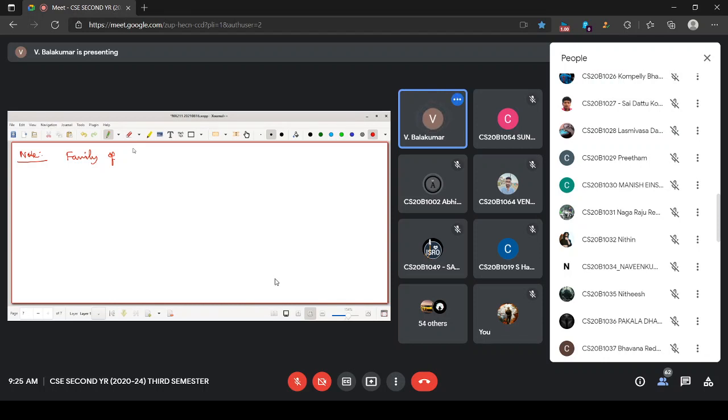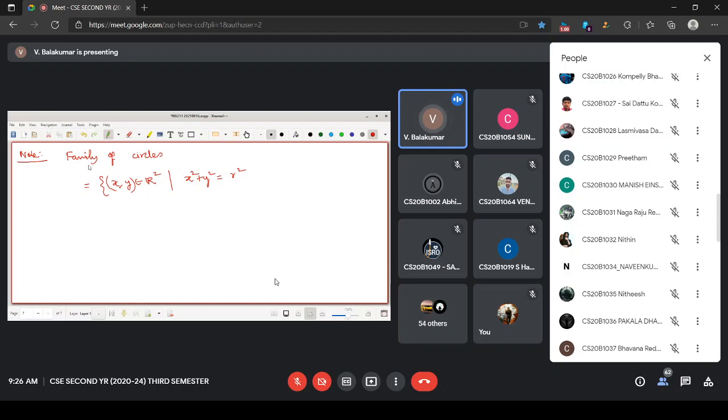Okay. So let me take circles of radius, a family of circles. Let me take Ci as the set of all points in R2 with a property that x square plus y square is R square.